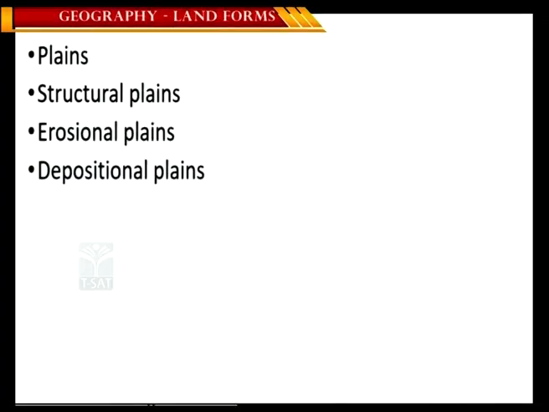The higher and elevated regions don't exist in the case of a plain. Even though they exist, there is a minimum difference. So, a slightly undulating or flat surface which has little difference in elevation when compared with the rest of the regions is described as a plain. These plains are formed for different reasons, and on the basis of the reason they have been formed, they are classified into structural plains, erosional plains and depositional plains.